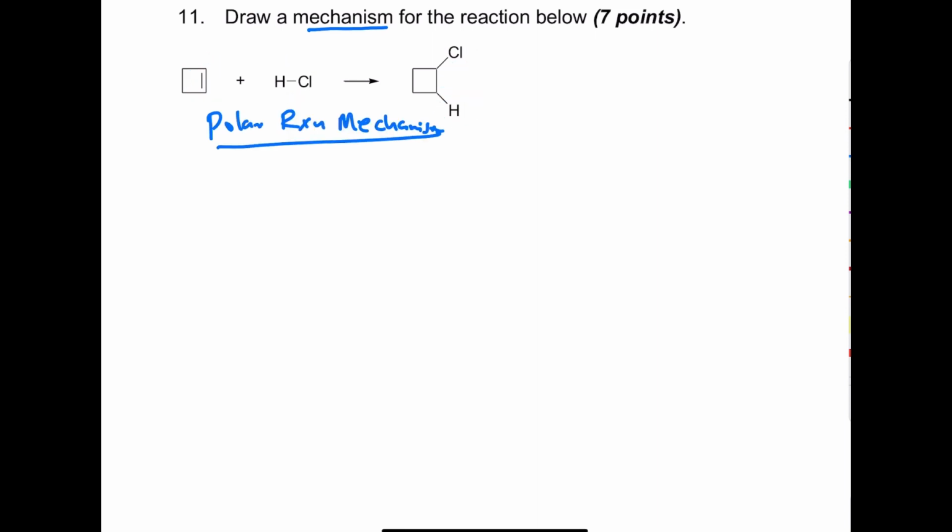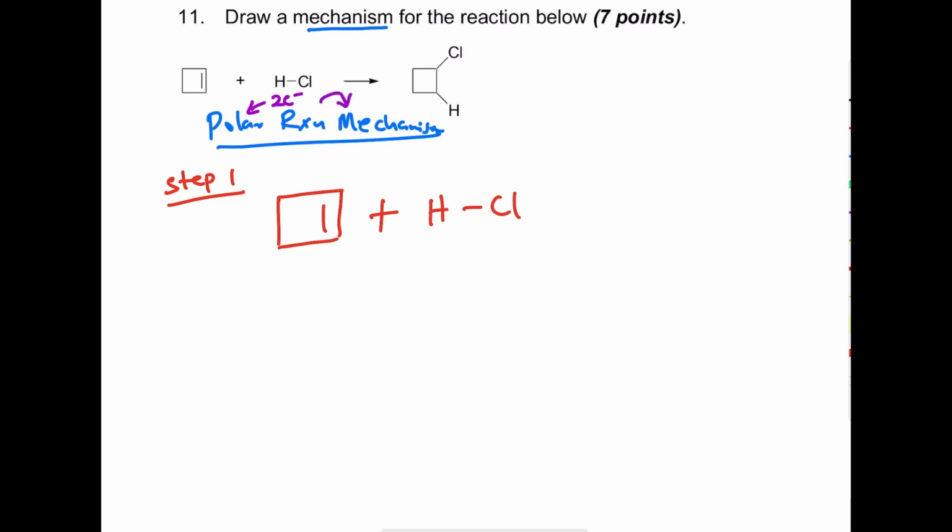Polar reaction mechanism has 2 steps. So step number 1, you start with the alkene shown plus HCl, and the polar reaction involves the movement of 2 electrons, and because of that we use a full-headed arrow. That means a double-headed arrow. So the alkene is going to be the nucleophile. That means it has higher electron density. And then this hydrogen of the HCl will be the electrophile. So you always start from the nucleophile going to the electrophile. So from the alkene to that hydrogen,